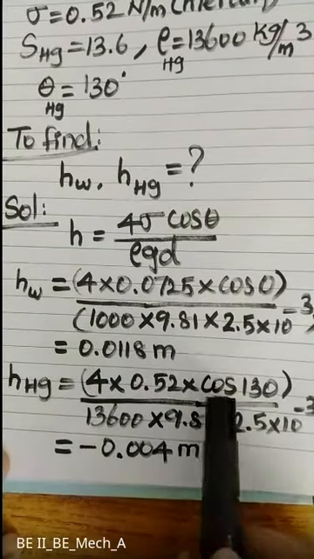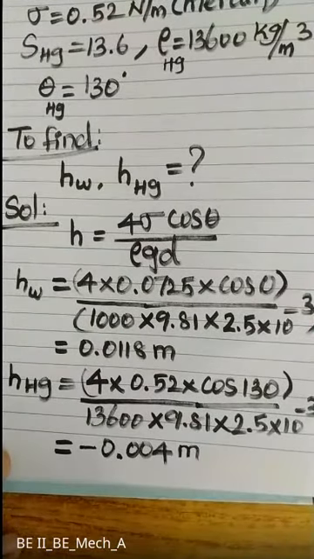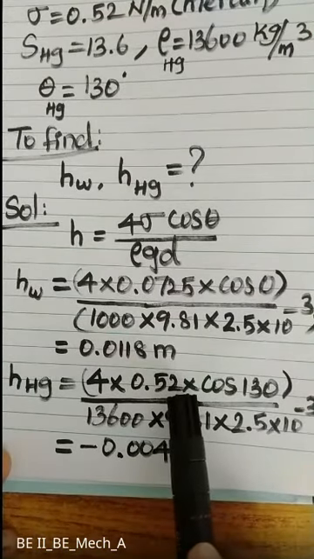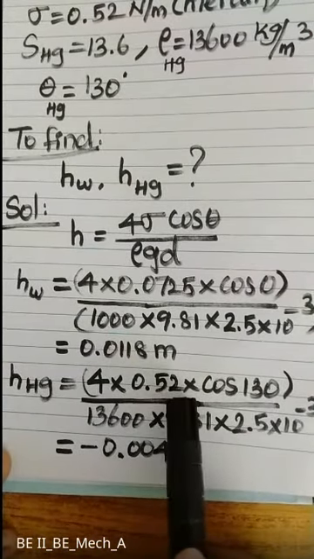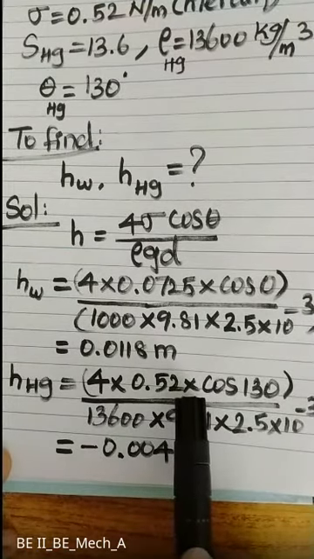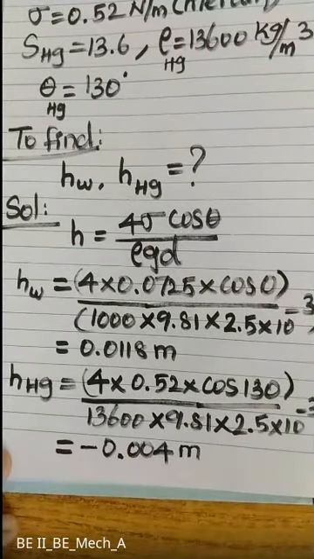Similarly, for cos 130, if you are using decimal values, you should use at least 3 digits. Please don't stop at 1 or 2 digits. You have to use a minimum of 3 digits after the point. And if the fourth digit is 5 or more, you have to round the third digit up by 1.